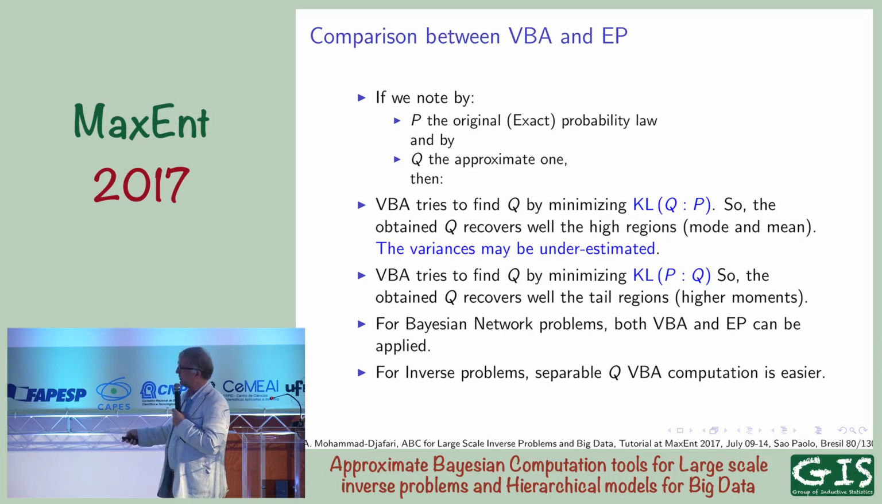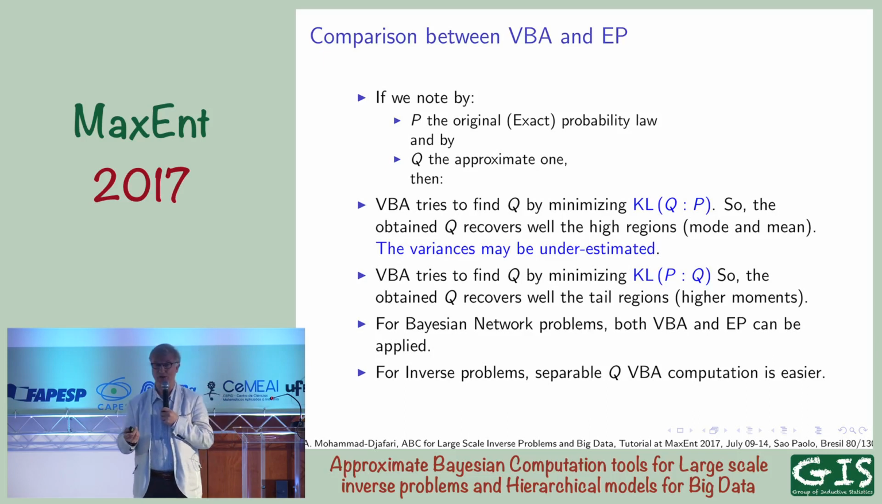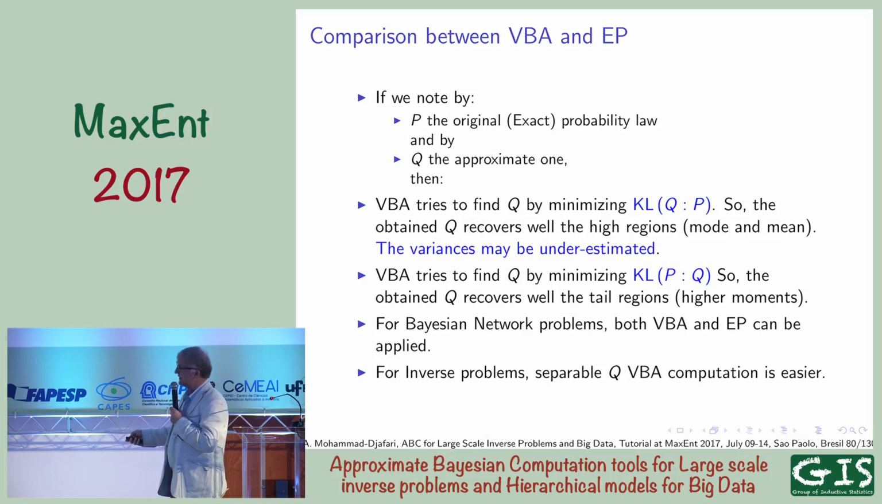EP, expectation propagation, tries to optimize, as I told, at the other side. And so this means that the obtained Q recovers all the more on the tails of the distribution. So it means that we are going to well approximate all the higher order moments. And it is more difficult to compute this than this. In particular, depending on